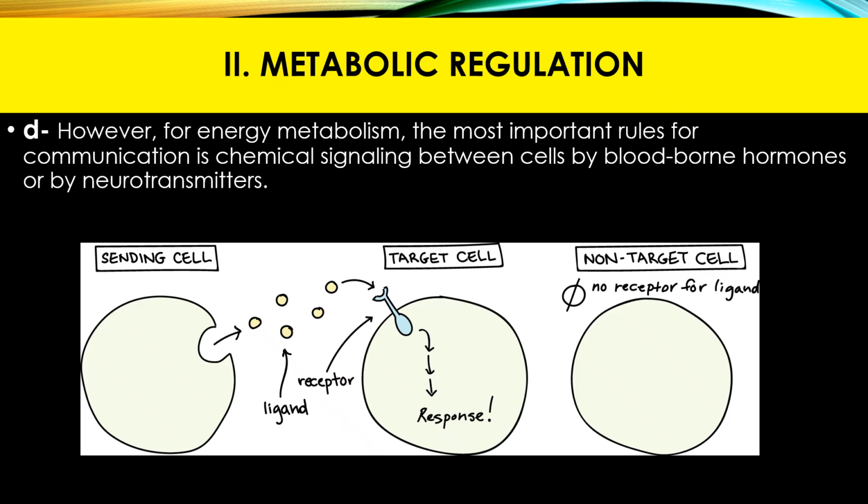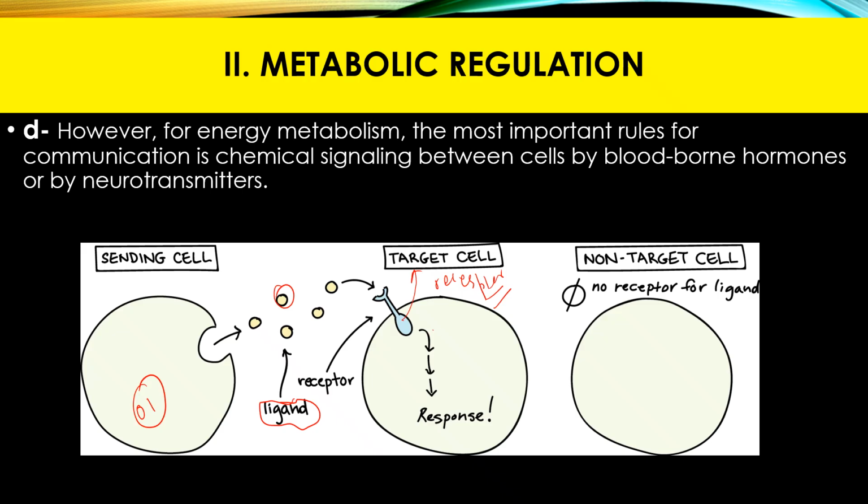Here is a simple example of the intercellular communication. So first of all, this is the sending cell. Sending cell means that this cell is giving a signal in the form of a chemical. It can be a neurotransmitter, it can be a hormone, it is also known as chemical signal or a ligand. This ligand is received by a receptor site. This receptor site is usually present on the cell membrane of another cell,